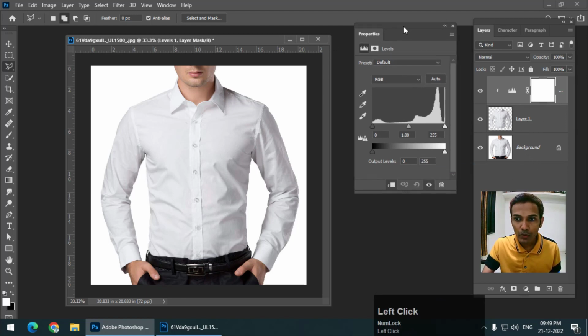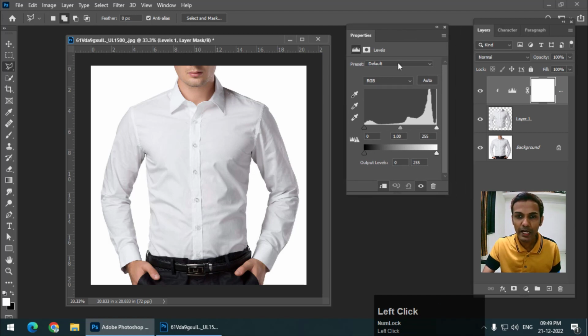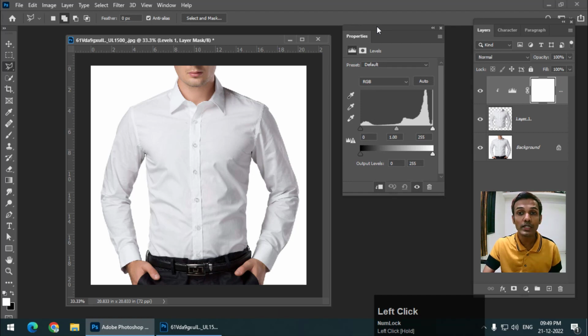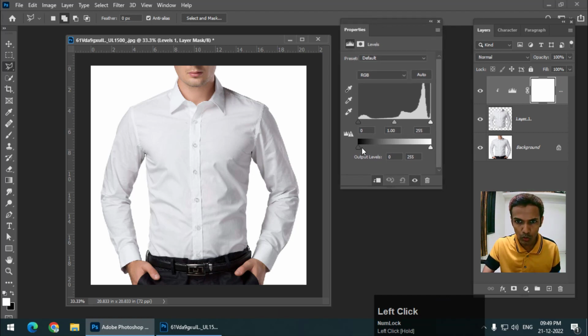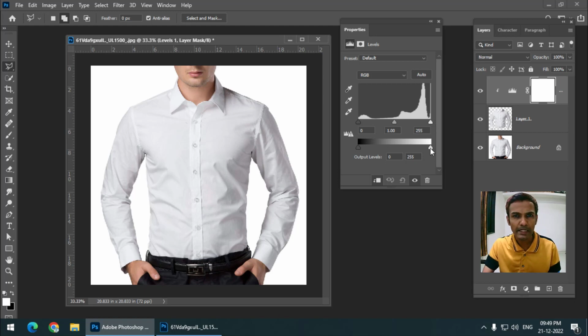So after doing this, I will just briefly explain what is the levels panel, or how does the levels panel work. So if you look over here at the bottom, there are 2 points. So this is the black point which controls the maximum darkness. So this is the maximum darkness we have in this particular image, and this is the maximum brightness.